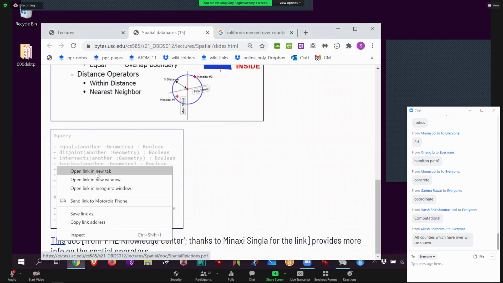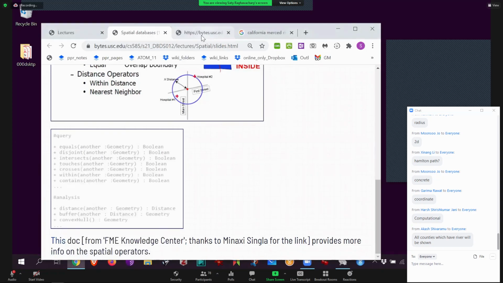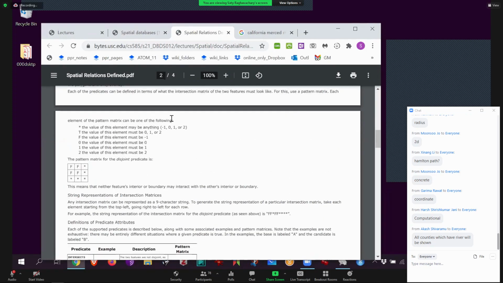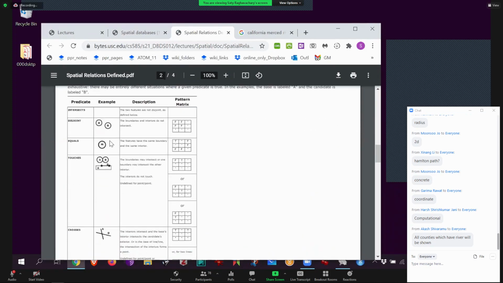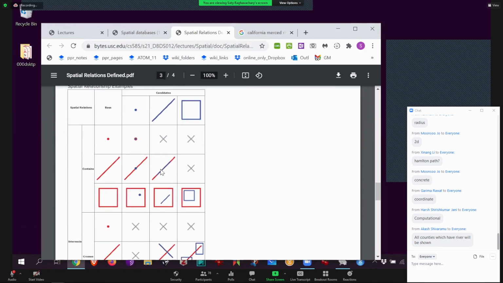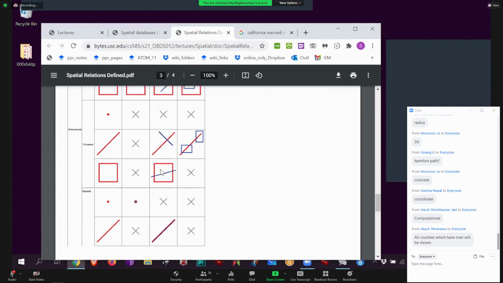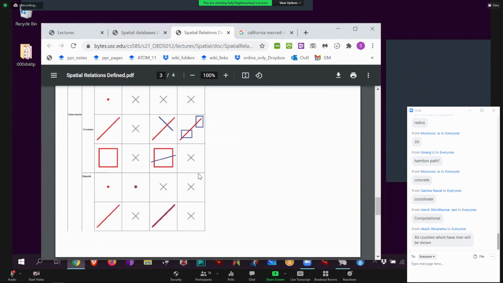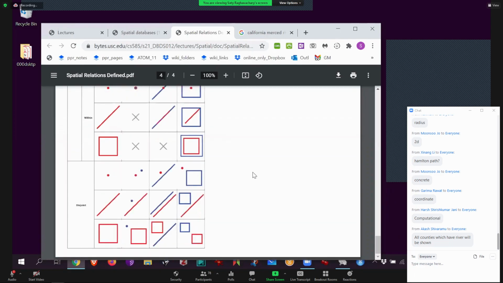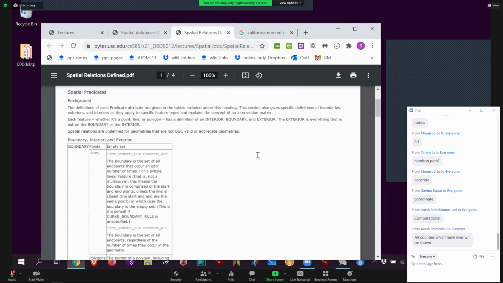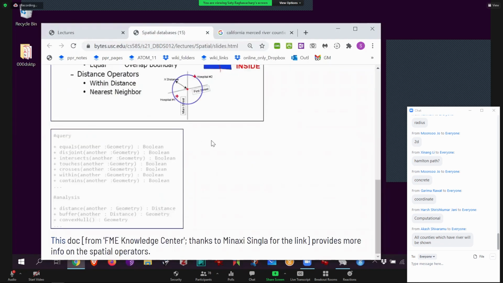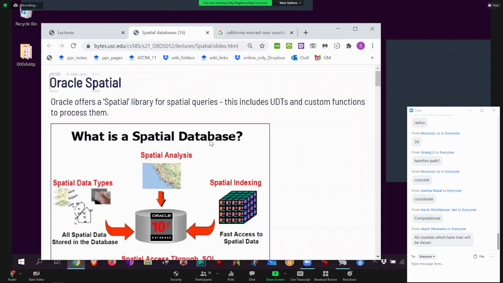Okay. So Meenakshi actually shared this with me, you should pass it to the students. Just a simple little PDF document that gives you nice pictures of what all this is. Everything that I named, disjoint and the rest, you can go read it afterwards. It's a systematic analysis of all the possible operations between a region and a line, between a point and a line. They just go through it all. And so the library, needless to say, supports all of them, with commands for all of them in any spatial library. We'll talk about spatial libraries very soon.